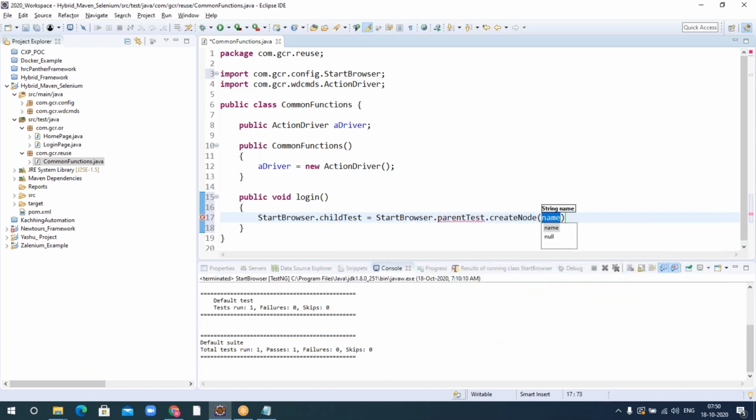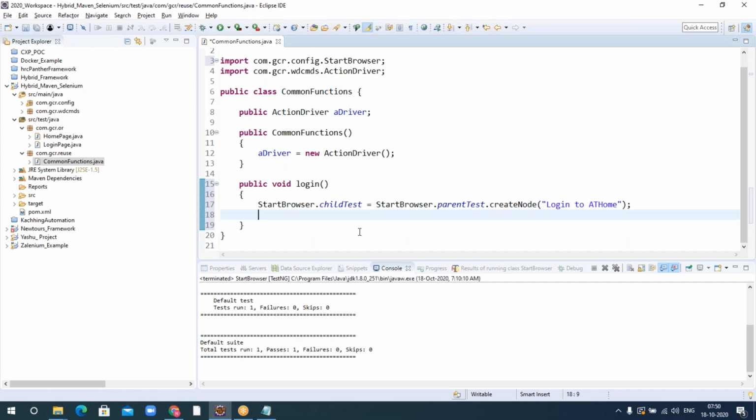This is nothing but a step, a parent step. Under this you will have all the sub steps. Log in to at home. So that is my step. Under this, what is the first step? I need to navigate to the application. That is my first step.